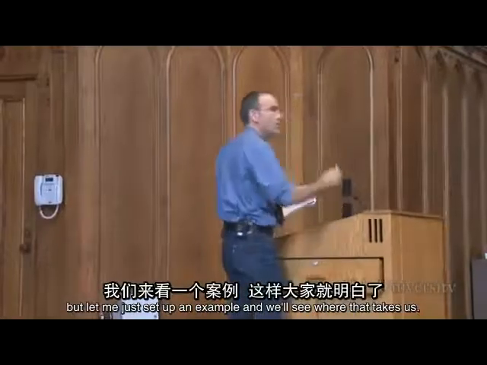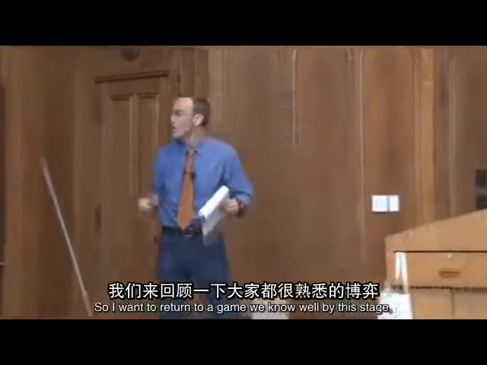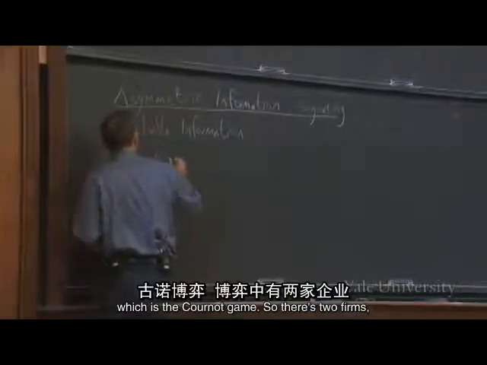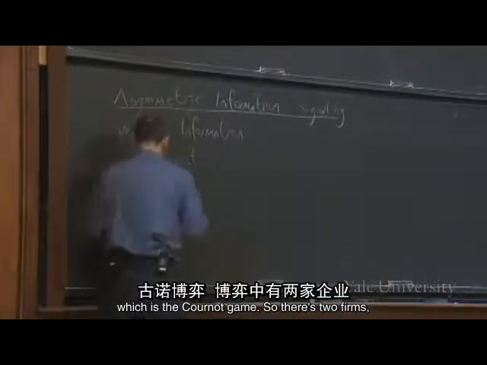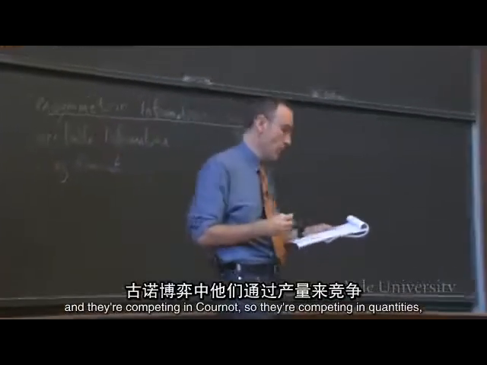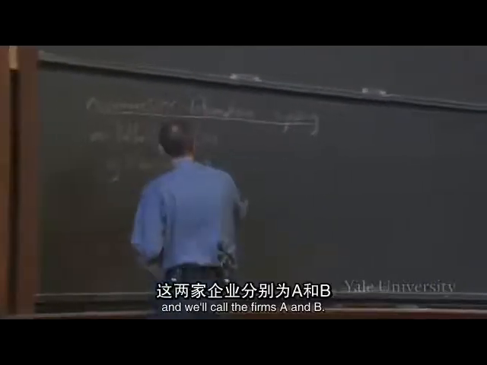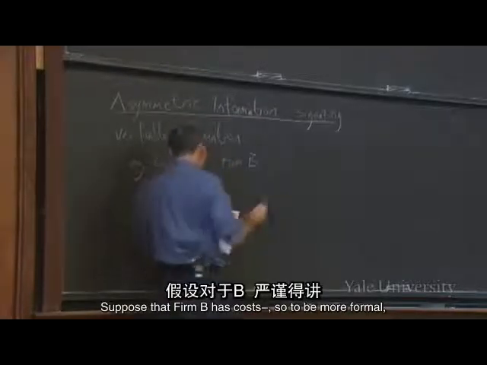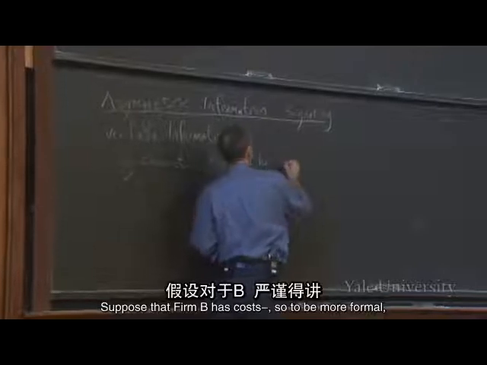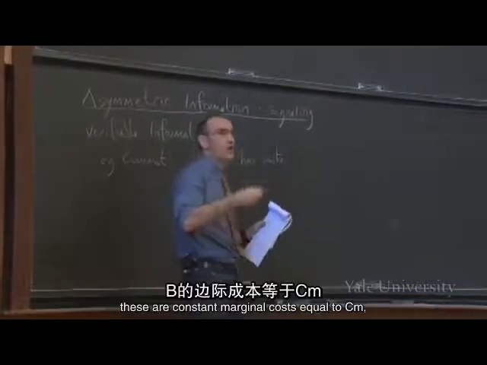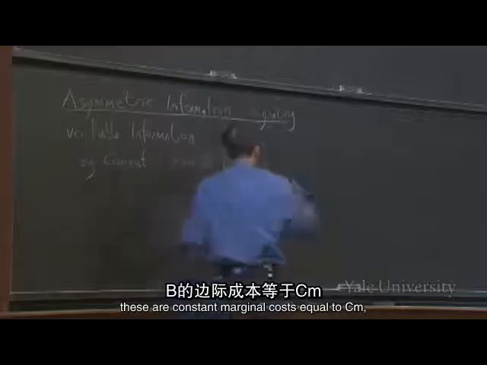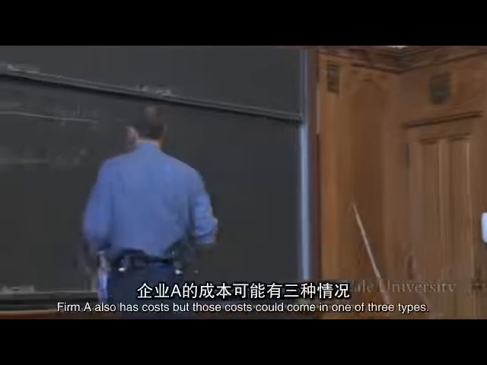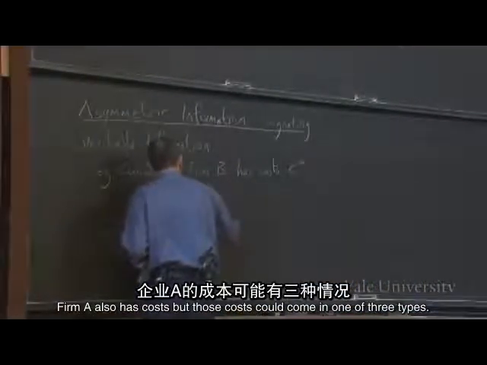But let me just set up an example, and we'll see where that takes us. So I want to return to a game we know well by this stage, which is the Cournot game. So there's two firms, and they're competing in Cournot, so they're competing in quantities. And we'll call the firms A and B. And suppose that firm B has costs, so to be more formal, these are constant marginal costs, equal to Cm, where M means middle or medium or something. And firm A